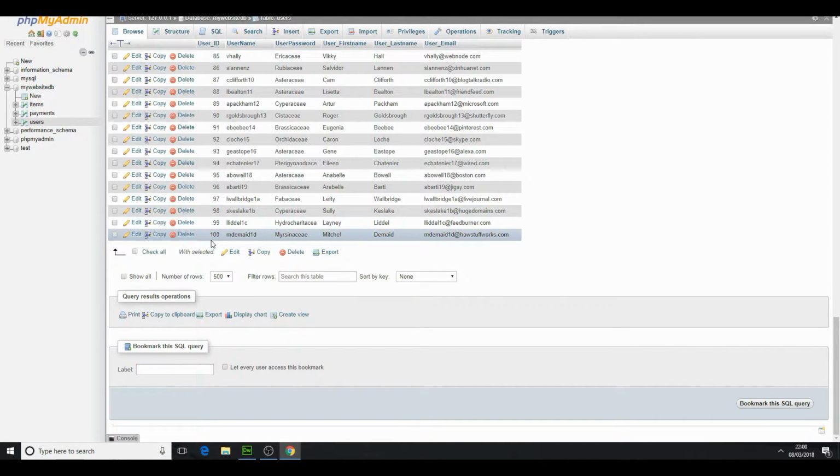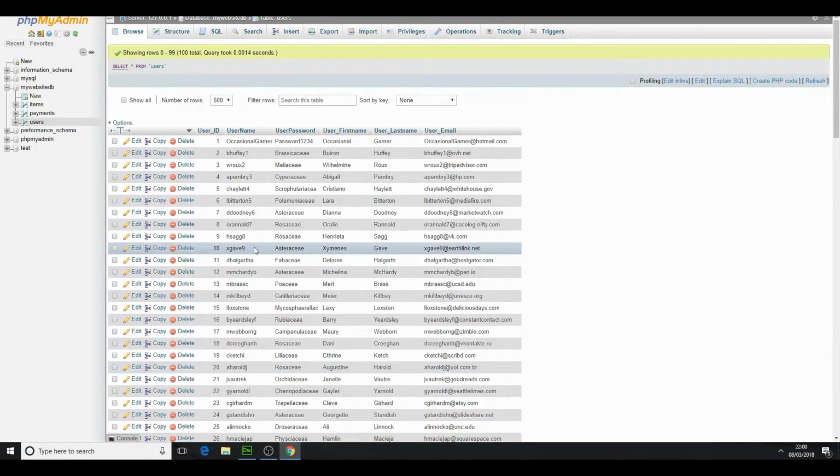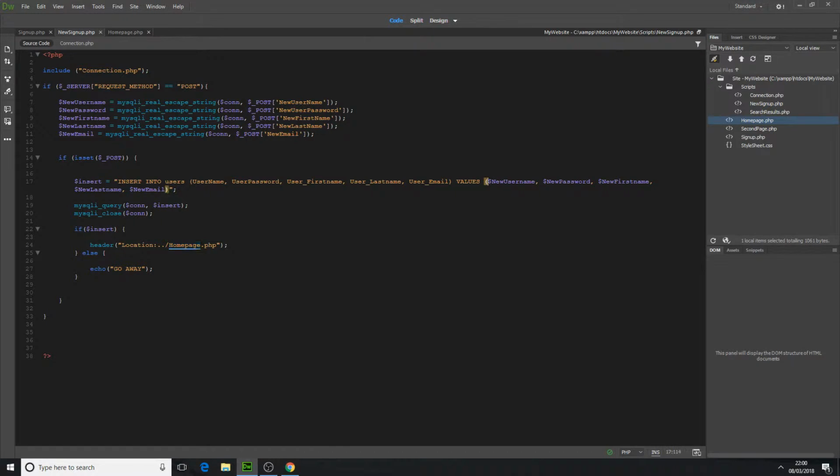We had 100 users in here. I've just tried to do it, and it has come back to our SQL database, and it's only found 100 records here. So because we've just inserted one, it should say 101. So something isn't right. So I'm going to go back over here, and I'm now going to try and put